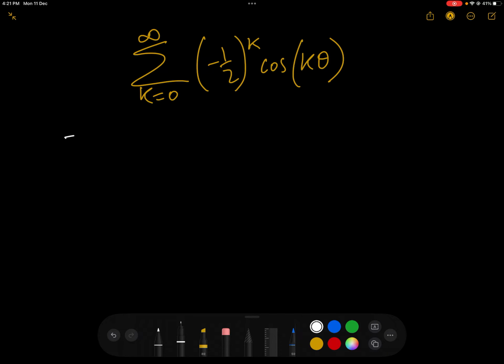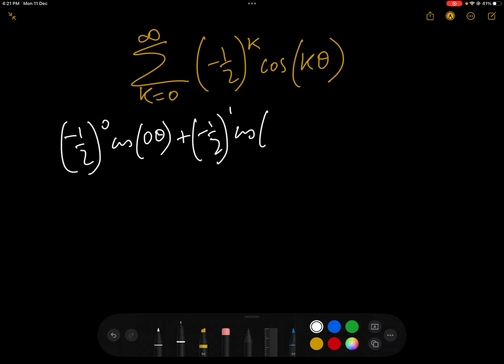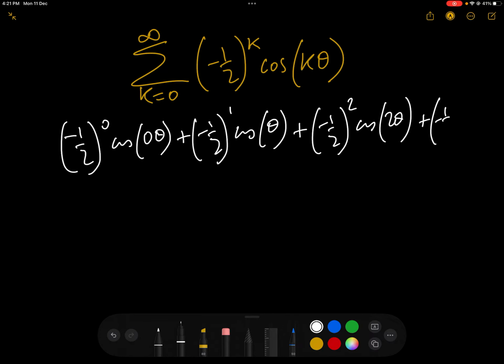So we have k equals 0, and we have minus half to the power of 0, cos of 0 theta, and then putting k equals 1, we have minus a half to the power of 1 cos of theta. Putting k equals 2, we have minus a half squared cos of 2 theta. Putting k equals 3, we have minus a half cubed cos of 3 theta, and etc, etc, which equals, expanding